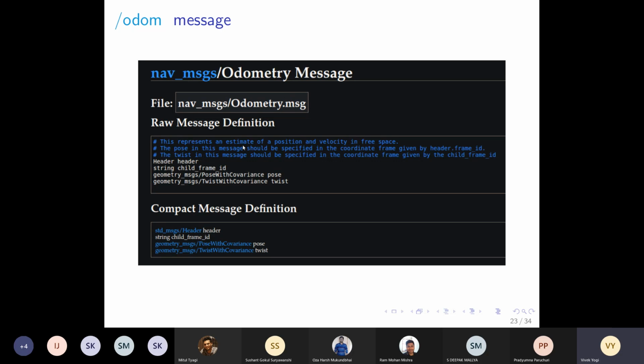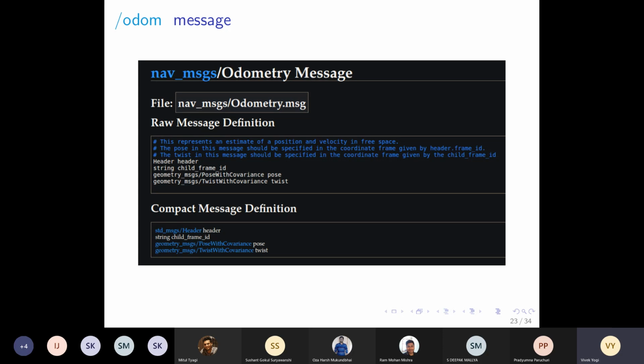So this message has 4 fields. The first field is called header. The second field is a string which is called child frame ID. The third field is called pose. The fourth field is called twist. Okay, so in ROS, like in every other programming language, you know that you can create custom data types using primitive data types.